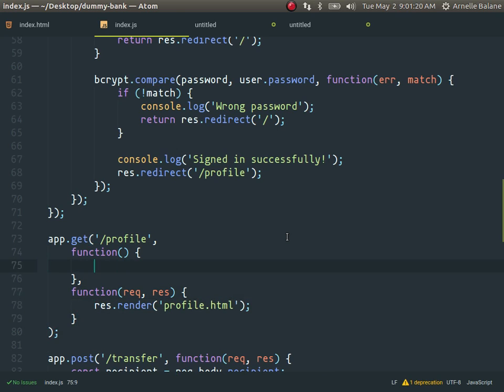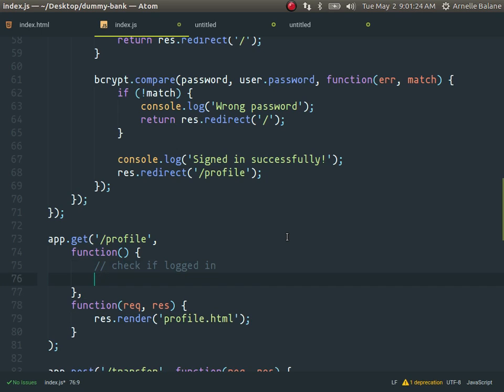Okay, so it's a middleware function: check if logged in. So, in our check if logged in,